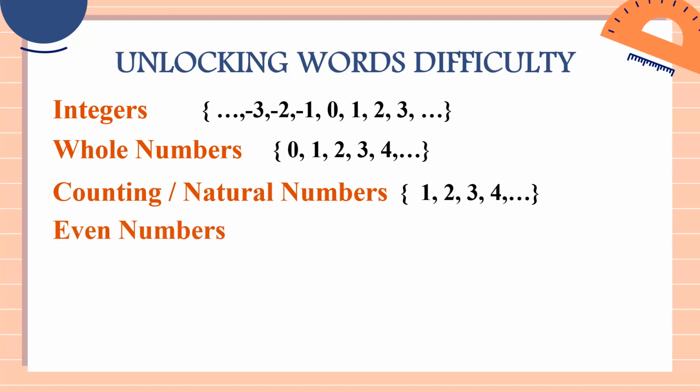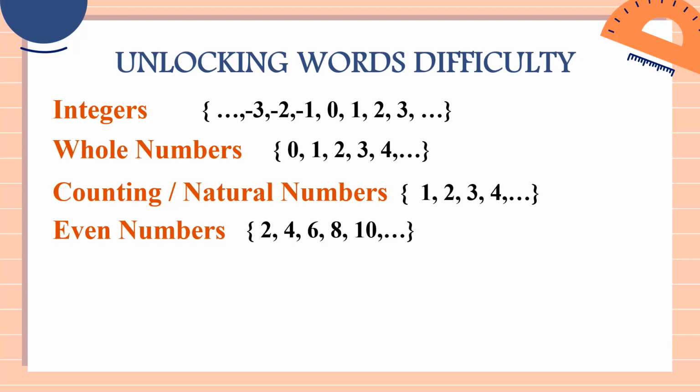All right, and then we also have even numbers. Now, even numbers, our example, that would be 2, 4, 6, 8, 10, and then so on and so forth. I'm sure, class, you're familiarized with these even numbers. Even numbers are numbers that are divisible by 2. So we can divide 2 by 2. 2 divided by 2, that's 1. We can also divide 4 by 2. We can also divide 6 by 2. And then 8 by 2, we can divide 8 by 2. And then 10, we can divide it by 2. So even numbers, class, those are numbers that are divisible by 2.